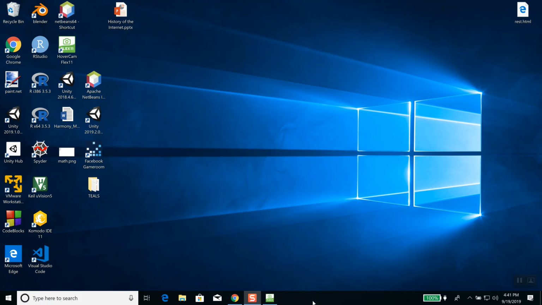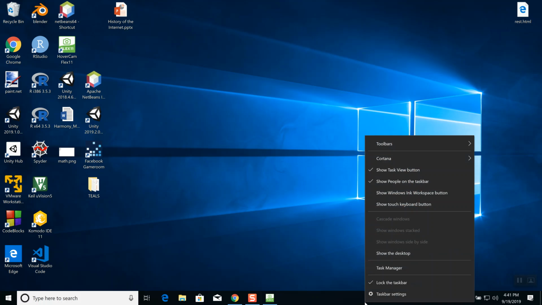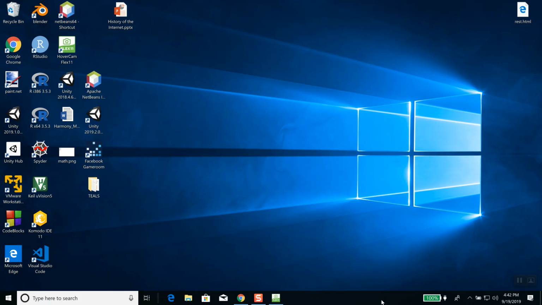That's pretty much all I wanted to show you in the File Explorer. Now we got this bar down here, and a lot of different things with it. Somewhere in here you have a blank spot on your bar. Go ahead and right click on it. Now you see down here it says taskbar settings, lock the taskbar, task manager, show the desktop, and so forth. Mine has lock the taskbar selected. Now if I unselect that,